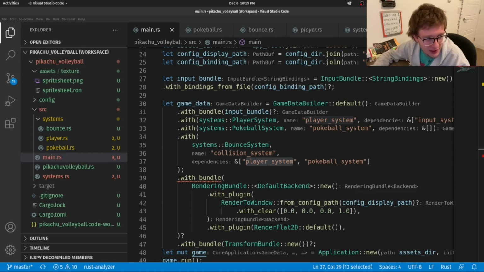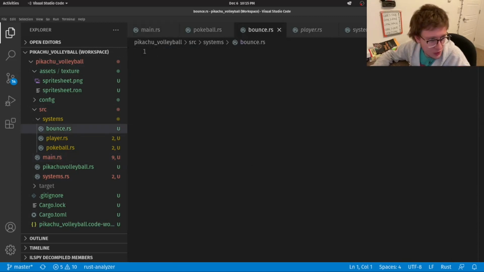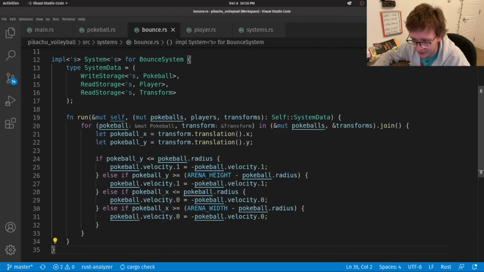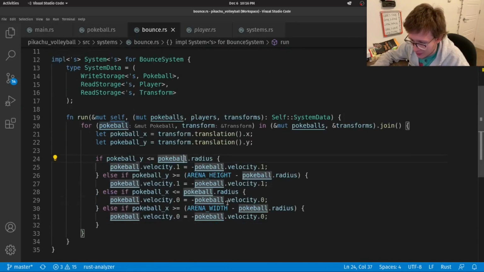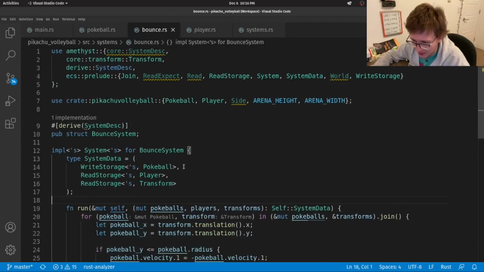Alright, so with that done, all we have to worry about is implementing the system itself. So let's come right here and do so. We will add this to the file. Now, you're seeing this, and it might look sort of complicated, but it really isn't, and we'll just walk through it.